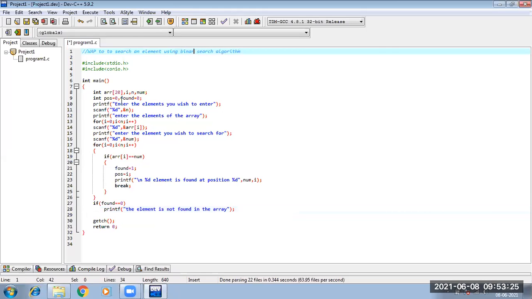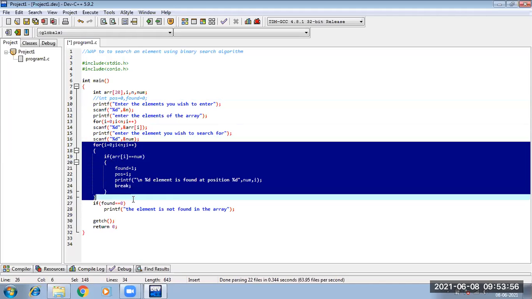First, as usual, like any array, we need to enter the number of elements we wish to enter. Then we need to enter the elements. We will scan the elements like this. Then we need to enter the element we need to search for. Suppose I am taking it in the num variable.